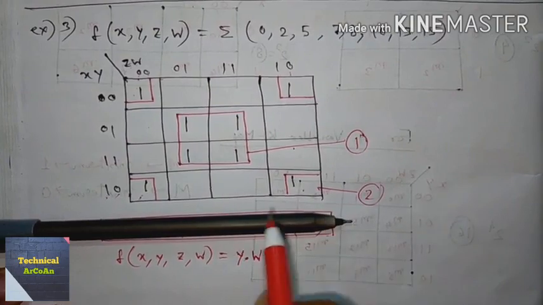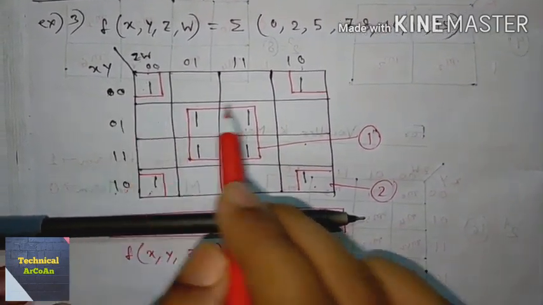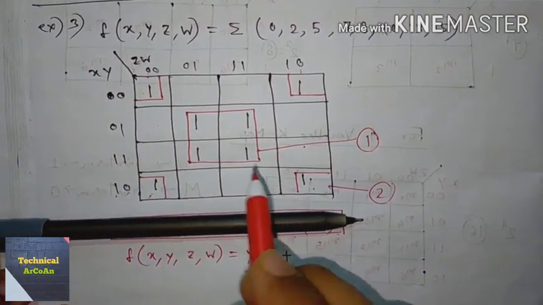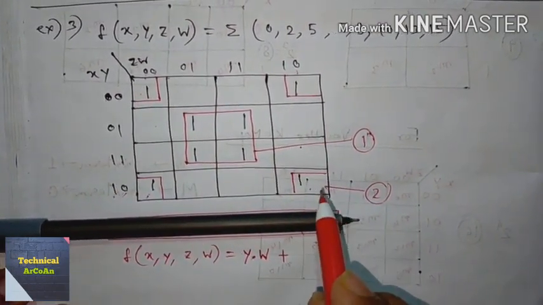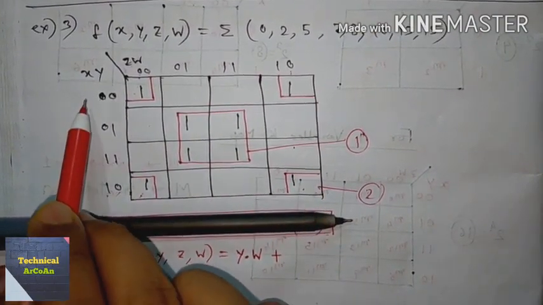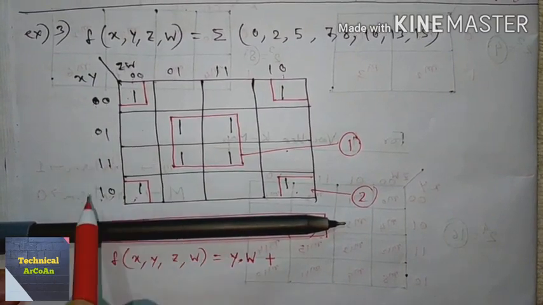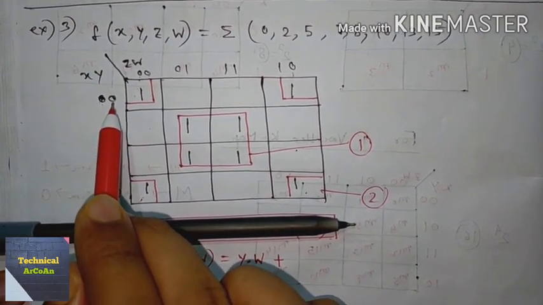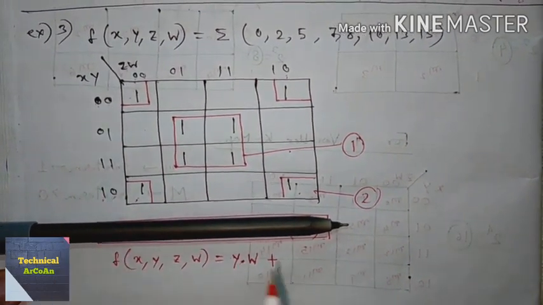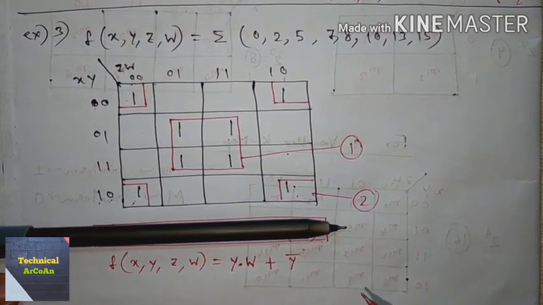Okay. Now the second group is concerned. What happened for the second group? We think about the second group in the corners, but what happened? They are scattered. Okay. So we think about these two rows, the first row and the last row. In that case, x value changed from 0 to 1, so we don't take it, but the y value is the same, 0 to 0, and we take the complement because the value is 0, that means y should be complemented.